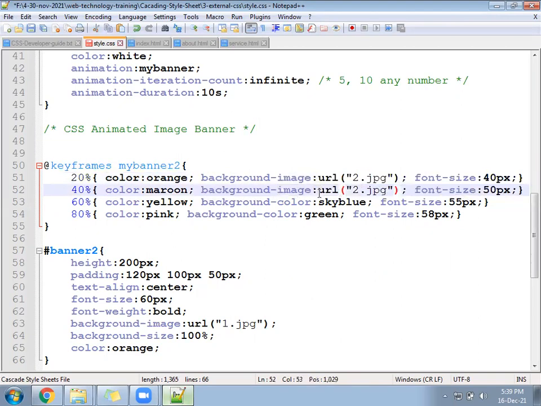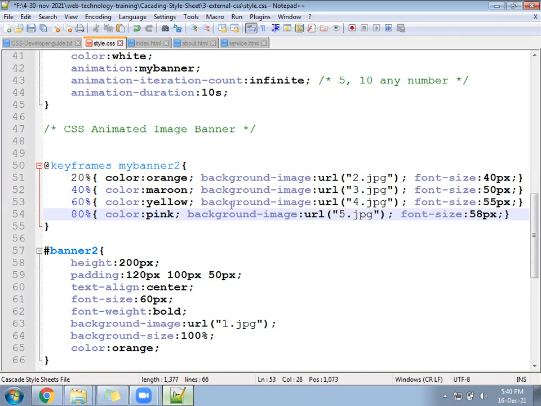Next will be background-image 4.jpg. If you have some more photos, you can keep background-image 5.jpg. So all these photos should be there in your folder.